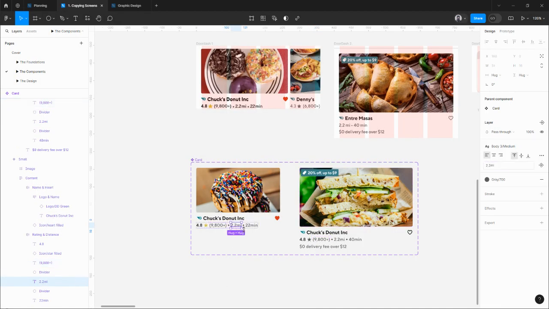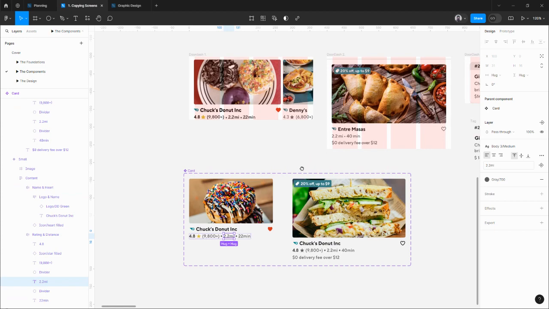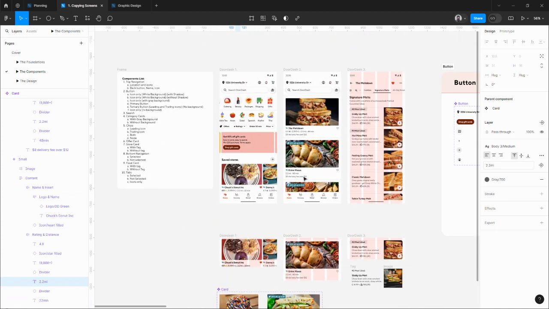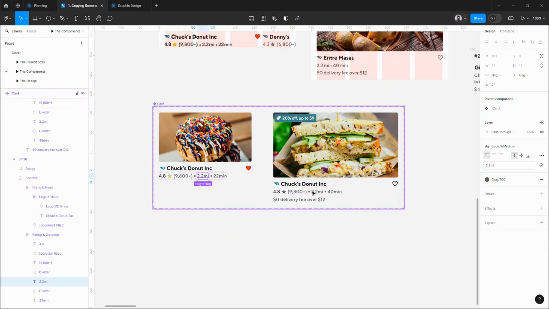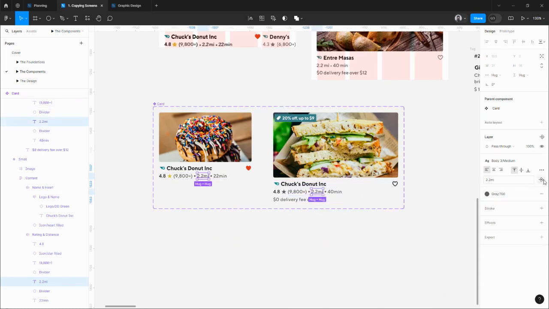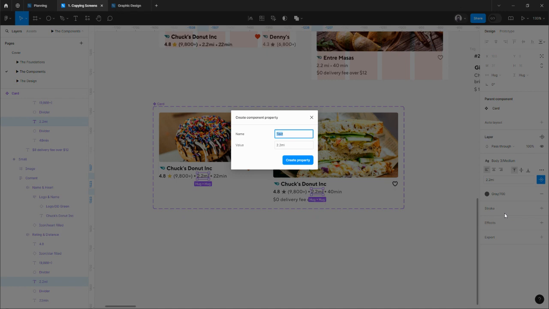And this is the distance. Do we have a lot of variations for the distance? Yes, we do. So I'm going to apply another property on this one, distance, and it should say, okay, miles. Okay, makes sense. Create,